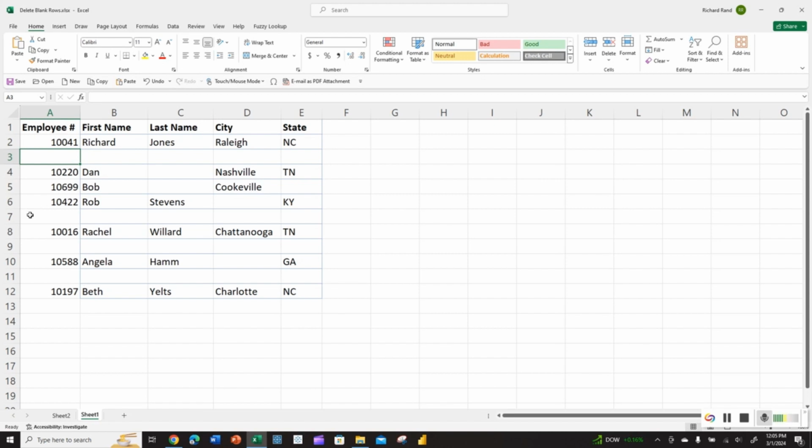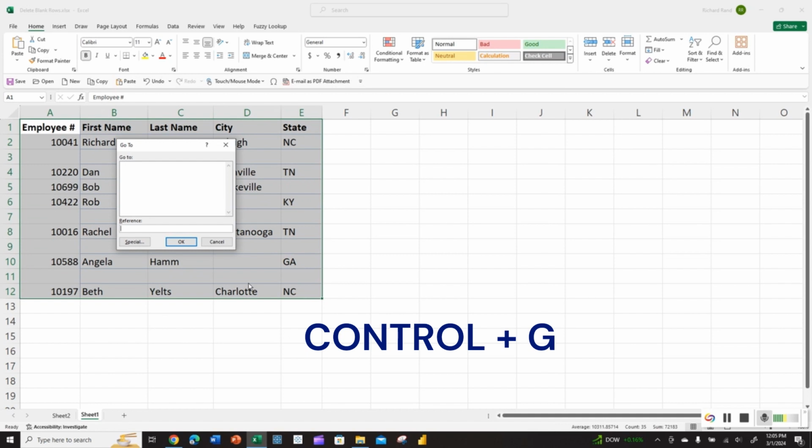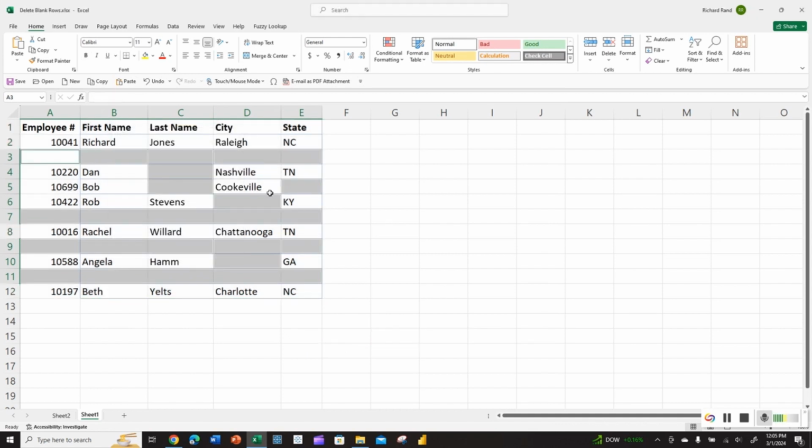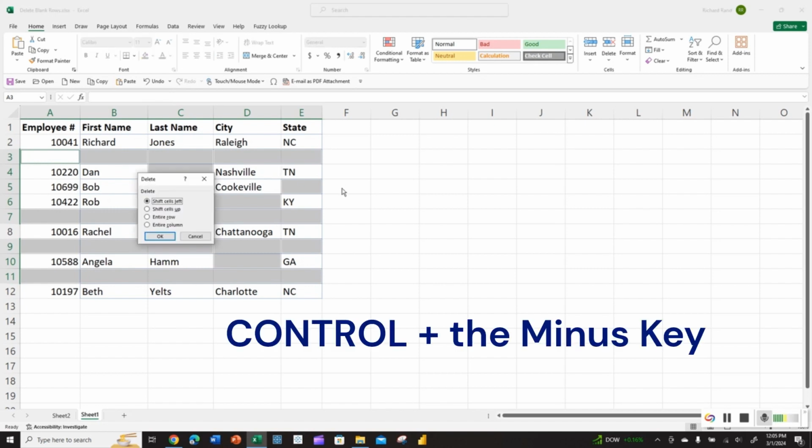It appears we also have blank rows in rows 7, 9, and 11. Now, if I was to highlight all this and then hit my Control G, Special, Blanks, that's going to highlight every blank cell in that range, including cells that are in rows that have other data. Now, if I was to hit Control I at this point and delete all those rows, what happens is